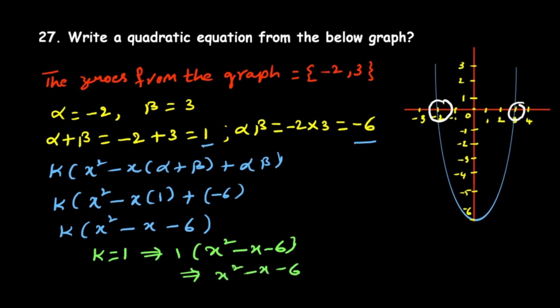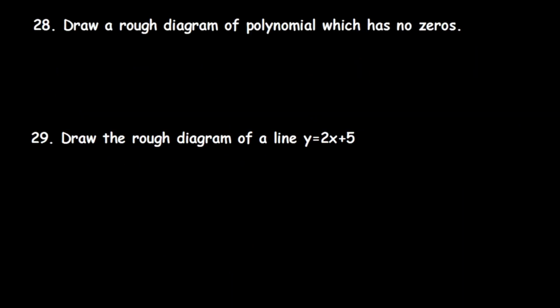So this is the process, children, for writing a quadratic polynomial from the given graphs. We just have to observe where the parabola intersects at the two different points, taking the 2 points as the 2 zeros, and we should find what the quadratic polynomial is. And the next one,